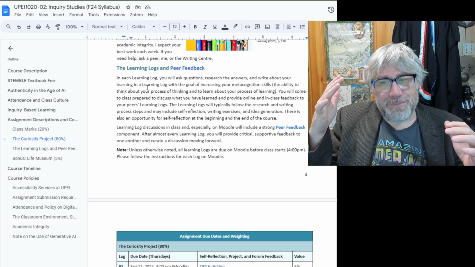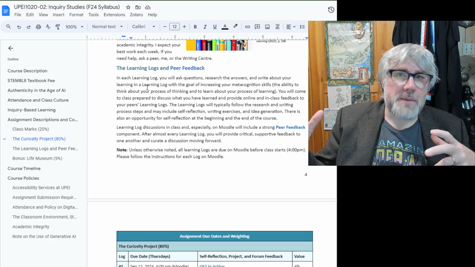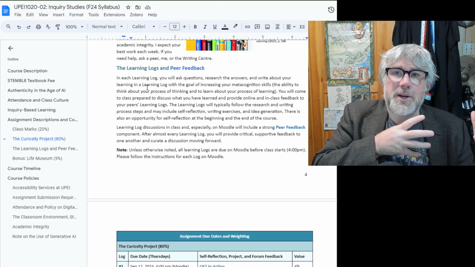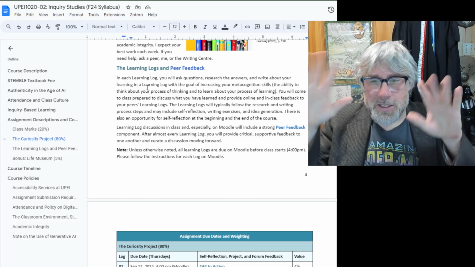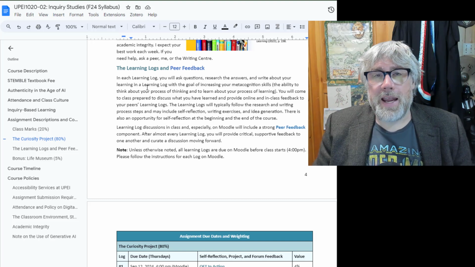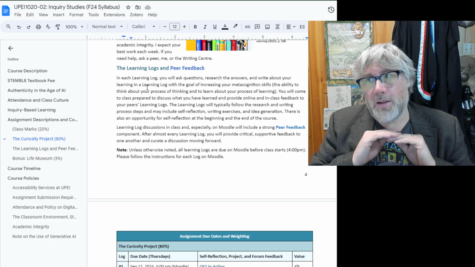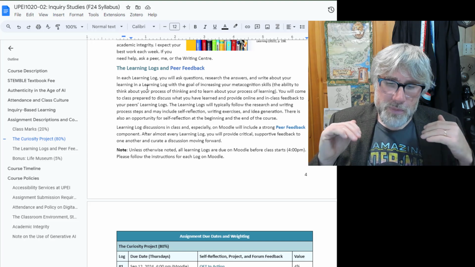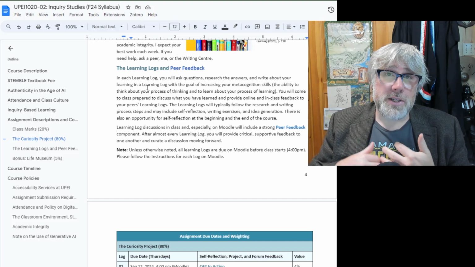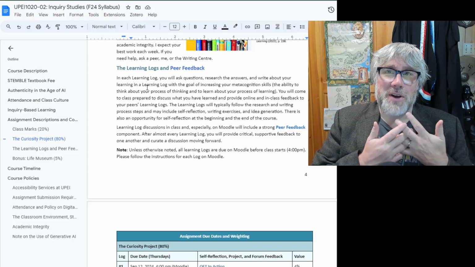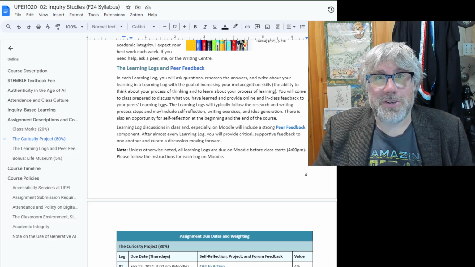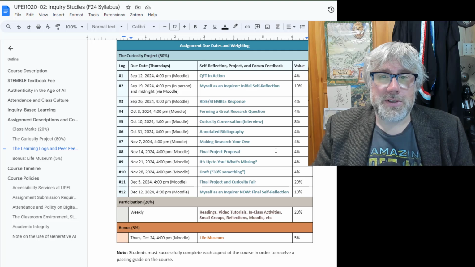So you'll have a project, we're going to go to the library, and then you're going to have some project from that library, and then you reflect on your learning. So your logs have those two components to it, something to do and then reflecting on your learning. And then peer feedback is going to be happening in almost every log step. You're going to be writing to encourage and to support and to give guidance to one another. And we've got that Stemble tool that's going to help us along on that journey. So the outline of the course really fits here in this self-reflection period.